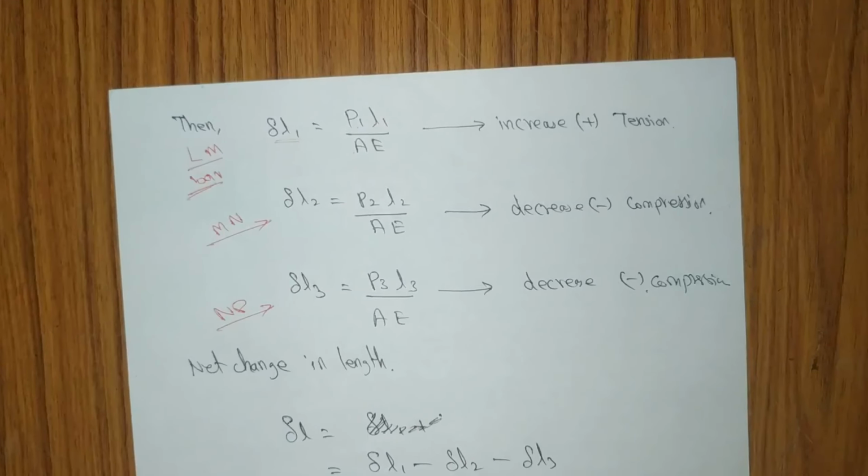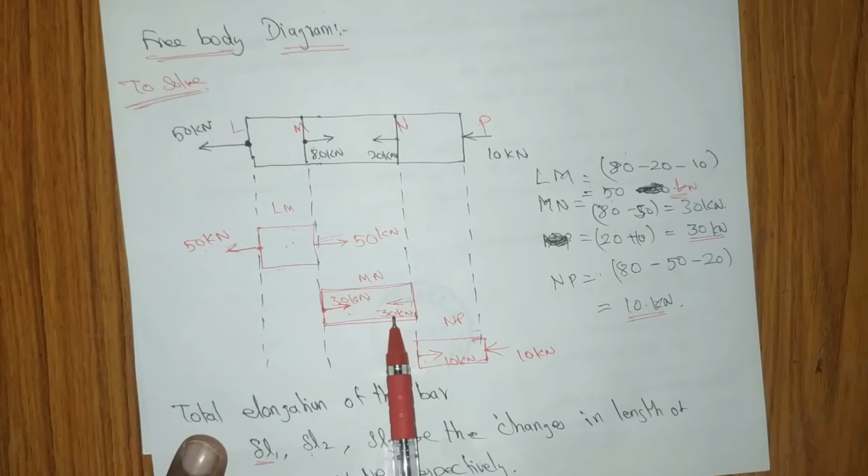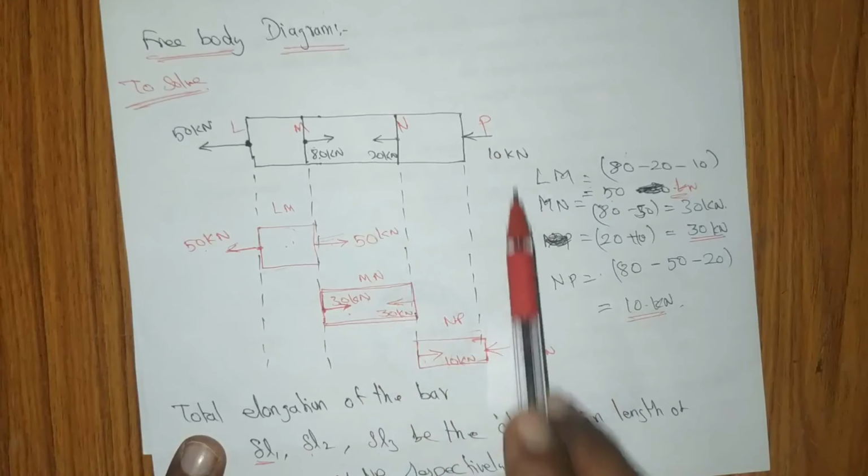Recalling this, it is called a multiple bar. We have multiple bars with the given cross section, subject to different axial forces at L, M, N and P, and the metal property is given. This is a free body diagram, and it should be in equilibrium. They have given 50, so you split the 80 as per the first 50. It will be the same 50, and the remaining goes to 30. Then if this is 30, this will also be 30. From here 30 and 20 in the same direction, and it should be in equilibrium. So we give the opposite direction 10. This is plus, this is minus, and we get 20 plus, so this will be 10.